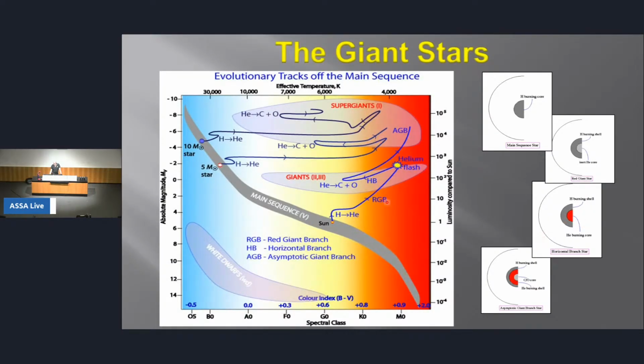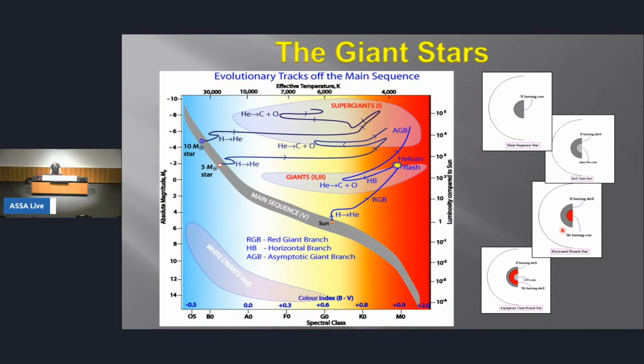So then we end up with a horizontal branch star. These are stars in this area here, where helium is being fused into carbon and oxygen. And we end up with a situation like this. We have a helium burning core, and beyond that, a hydrogen burning shell above it. When the star gets to this stage, it settles down for a few hundred million years,